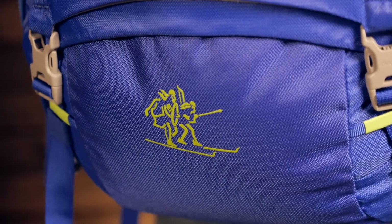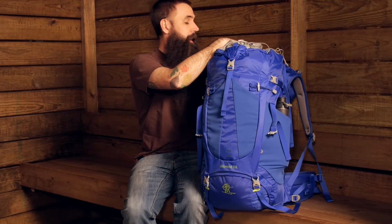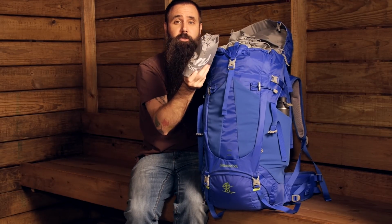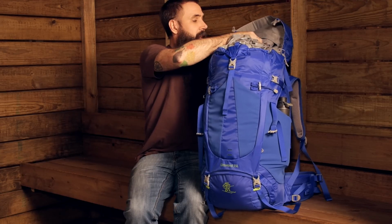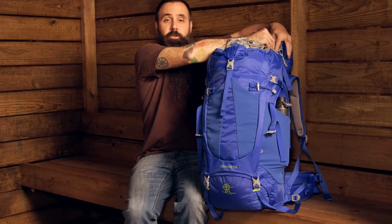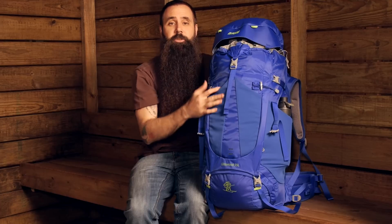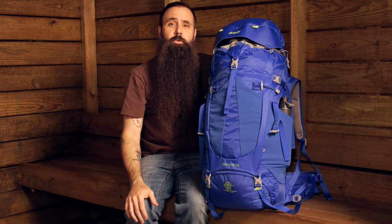Another nice touch on Bergan's part, and something that adds a lot of value to the pack, is the rain cover that's included with each pack. It's got its own zippered pocket on the underside of the lid, so it doesn't really eat into any of your storage capacity, but gives you really nice protection should weather turn nasty, and helps ensure that the contents of